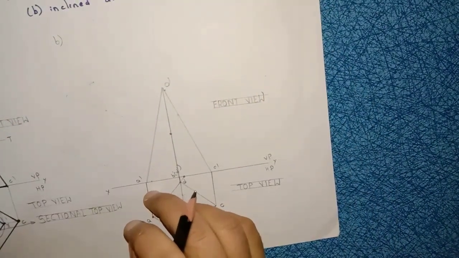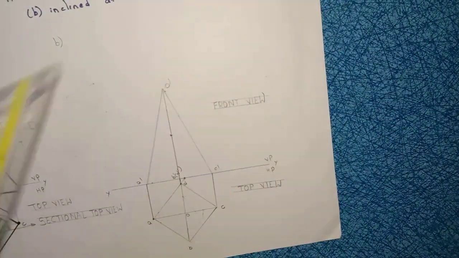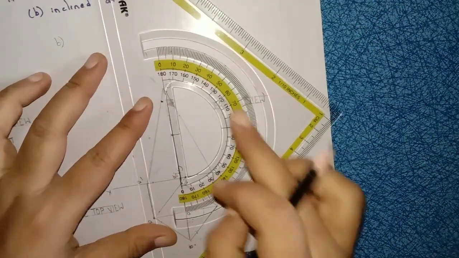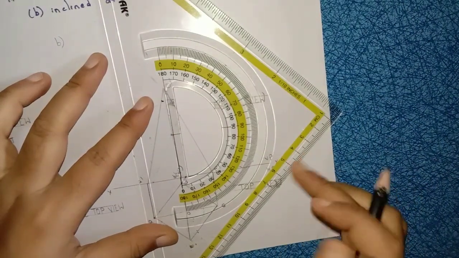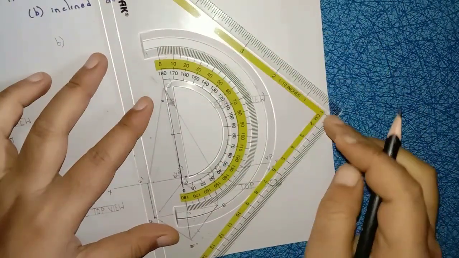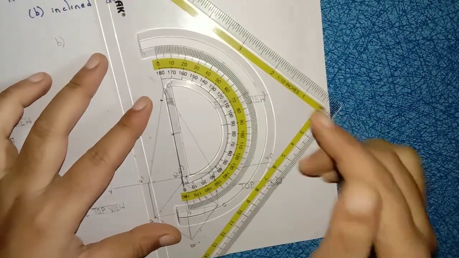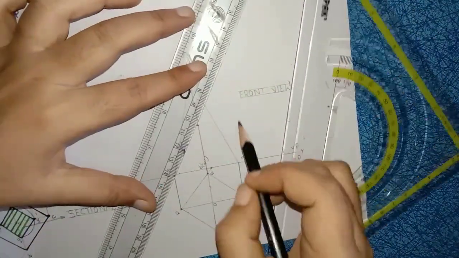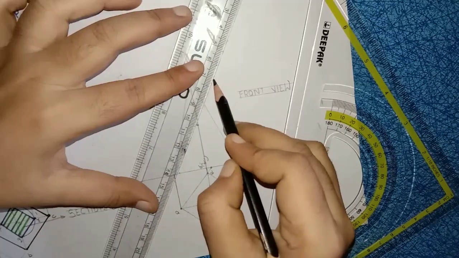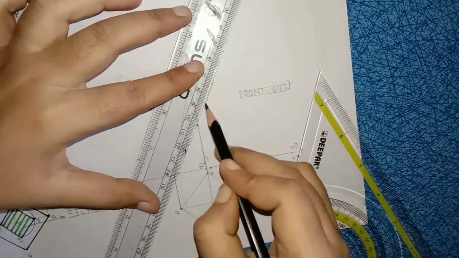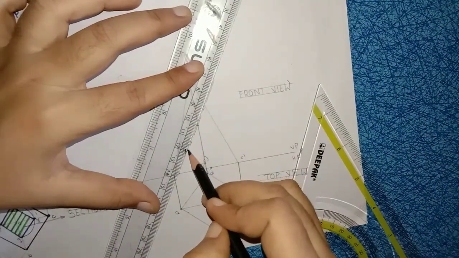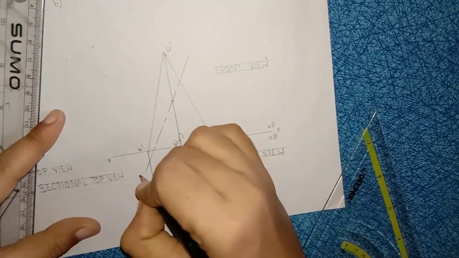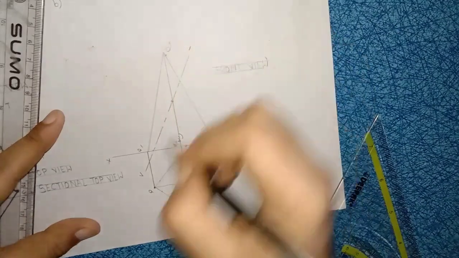Right, see I am placing my protractor on this axis line. So here the angle is 60 degrees. I am marking 30 degrees here. I am marking 30 degrees here. Now through this 30 degrees I am drawing the sectional plane. Sectional plane should be large dash, small dash. I am drawing the sectional plane. We are constructing the sectional plane in vertical plane, so name it as here vertical rise.